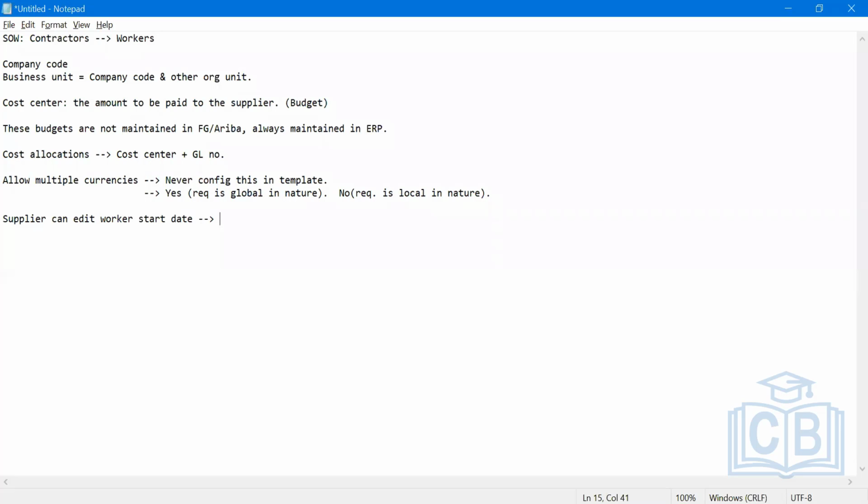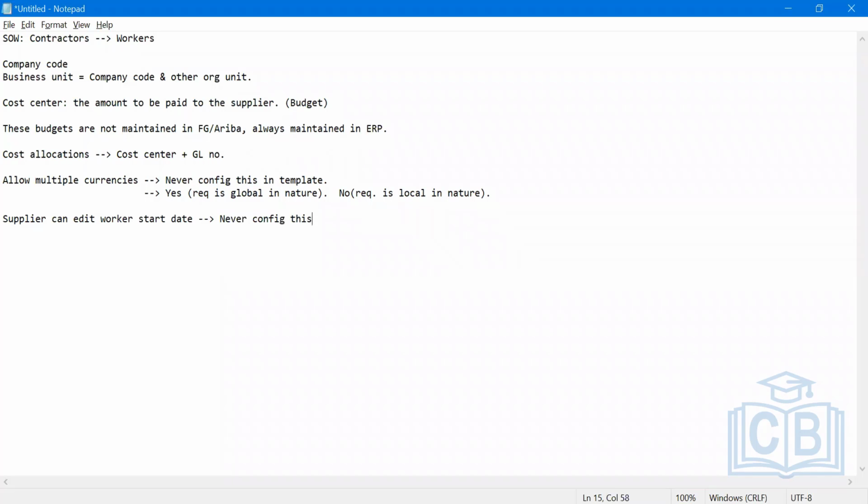He will not understand what is happening. It is a requirement of the buyer, and the buyer should have all the control over these transactions, and hence we should never config